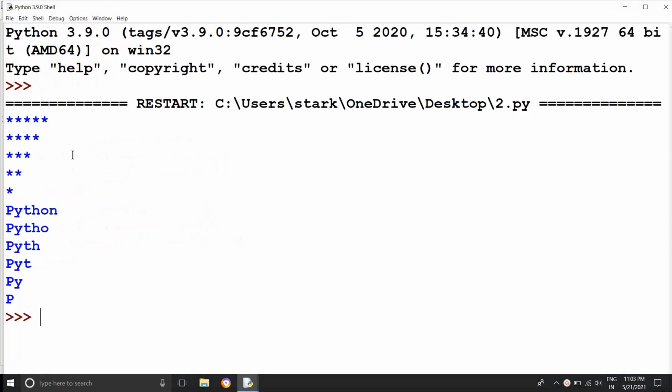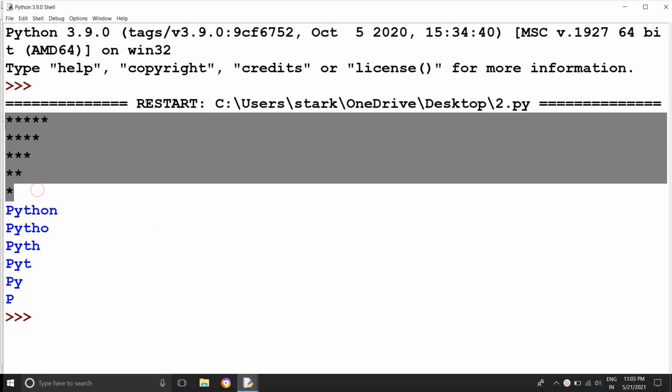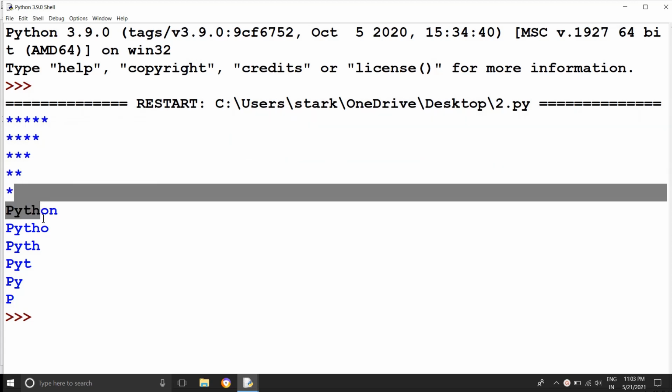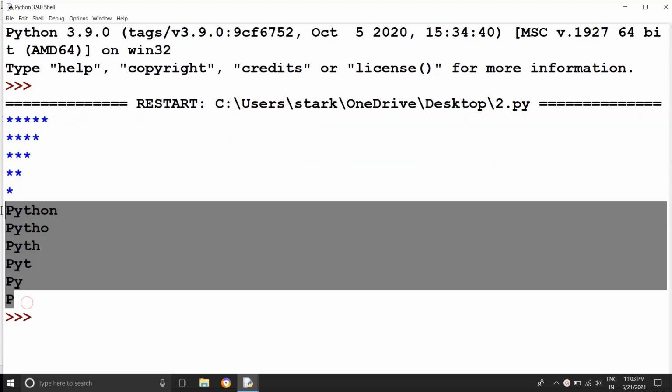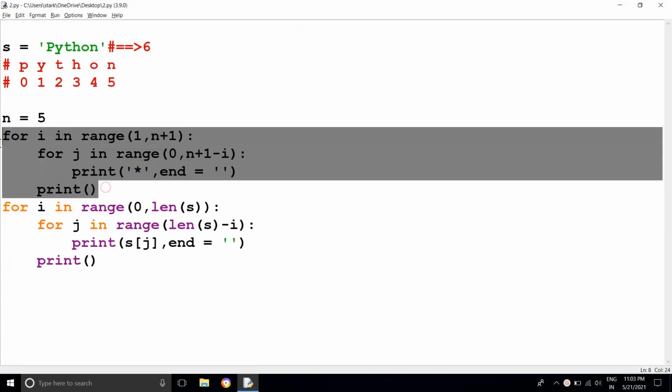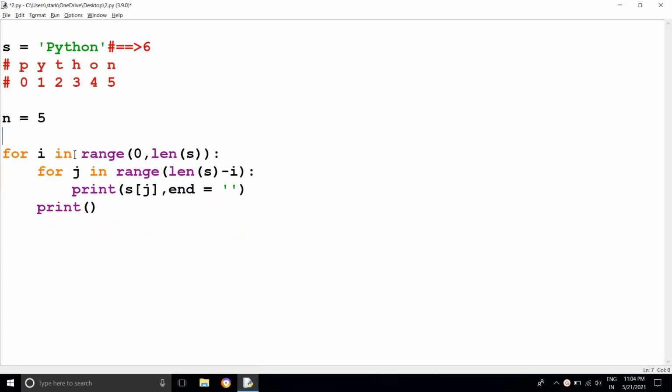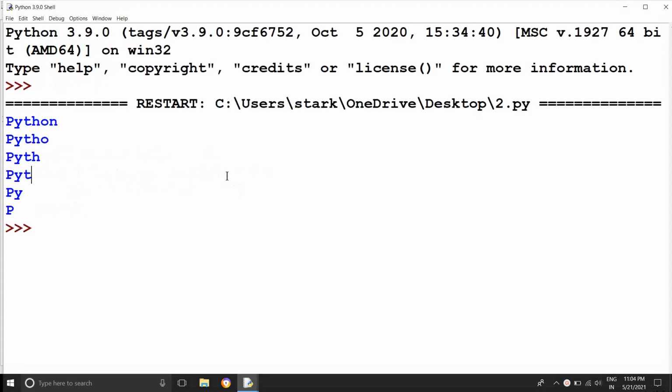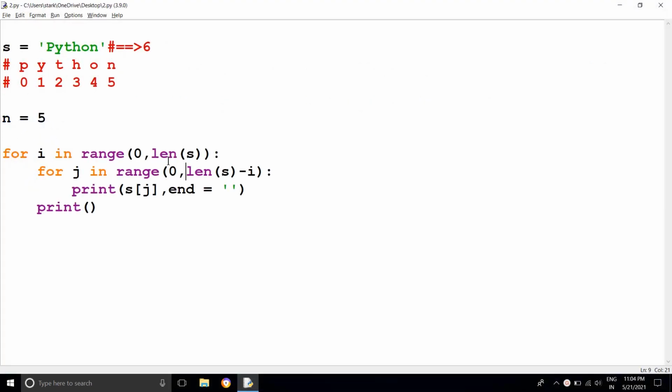So this is the structure of this one, right? I need to print this. I mean, the exact output is this, right? So now what I'm going to do: I've already done it, you need to take for i in range of 0 to length of s, for j in range of 0 to length of s minus i, which is also the same. You can take anything you want, you'll get the same output. Otherwise, if you remove 0 also, nothing happens.